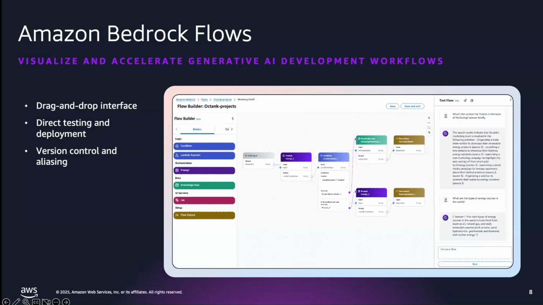For example, write a Lambda function that will fetch the top three news articles, and then write a prompt that will summarize the topics of each one of them, and then the topic becomes a variable to be used for the next flow, which can then be sent over an email. So you can chain Lambda functions, knowledge bases, LLMs, and integrate all that in a Bedrock workflow. It provides you the drag and drop interface, code APIs, linking models, prompts, things like that. Direct testing in development or via console or API.